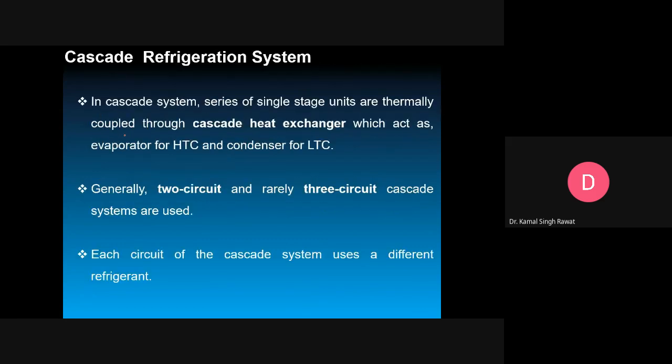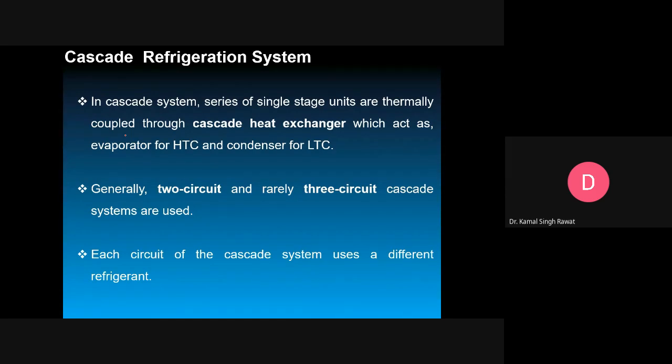Okay, so now move to the next system, that is the cascade refrigeration system. The cascade refrigeration system is equivalent to two or more independent simple vapor compression systems using refrigerants which have progressively lower boiling points. So we have seen the limitation that we don't have any refrigerant which has a very low freezing point and a very high critical temperature. So what will we do? We will use two or three different single-stage systems. We have already seen the single-stage or simple vapor compression system.